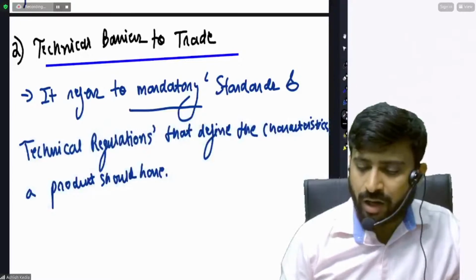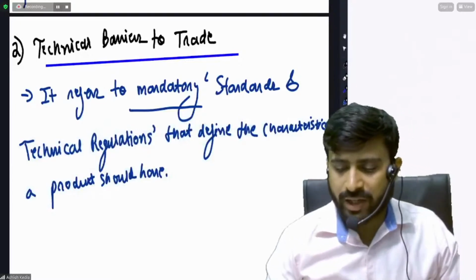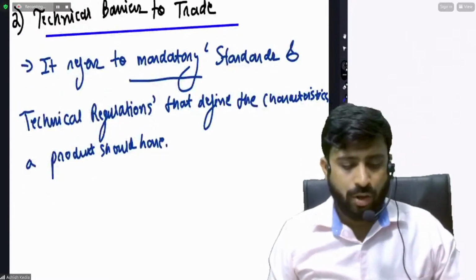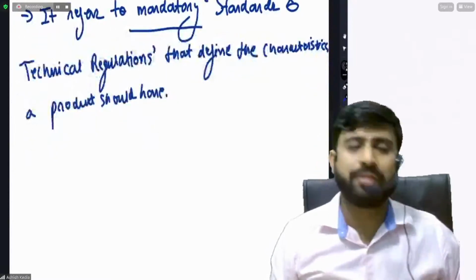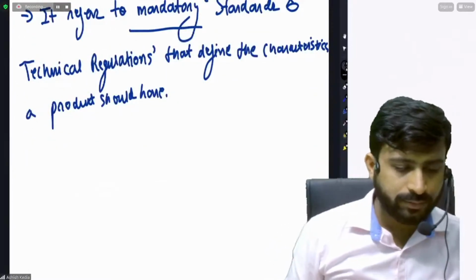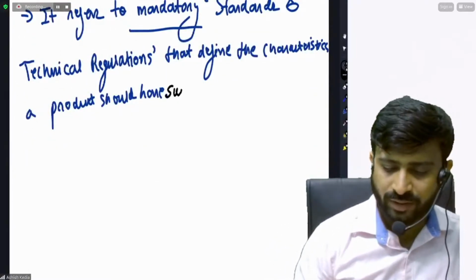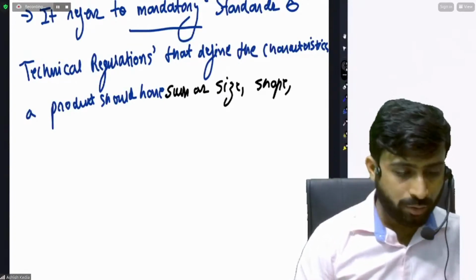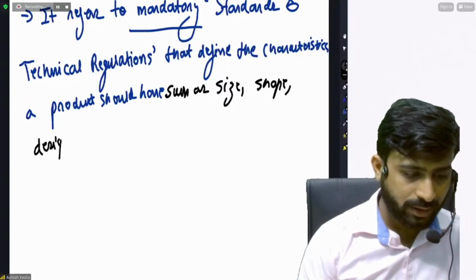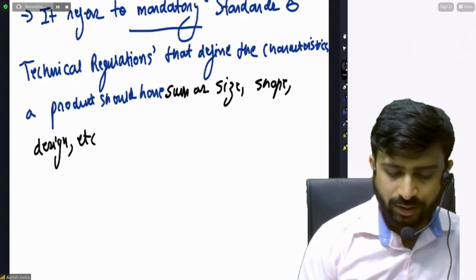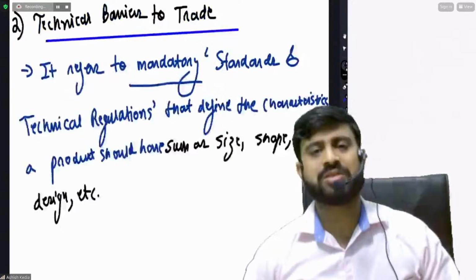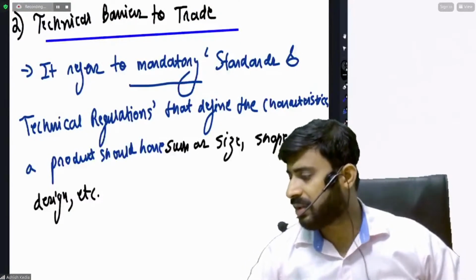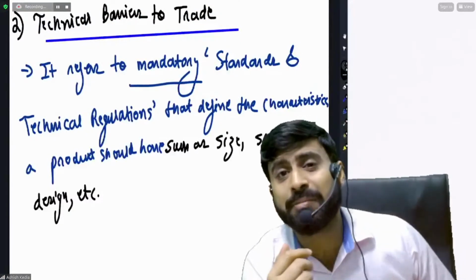What characteristics should a product have? Such as what should be the size, what should be the shape, what should be the design, etc. So if you fail to meet those conditions set by the government, just like you have the FSSAI mark,